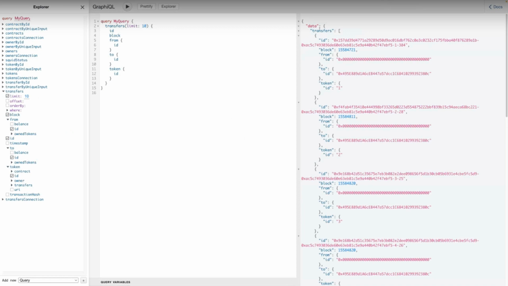So for every transfer, I have the ID of the transfer itself. I have the block that contained it. I have the address of who sent it, and I have the address of who received it. Like I said, the first few transactions are actually minting because they come from nowhere. They come from the void address. If I order it,